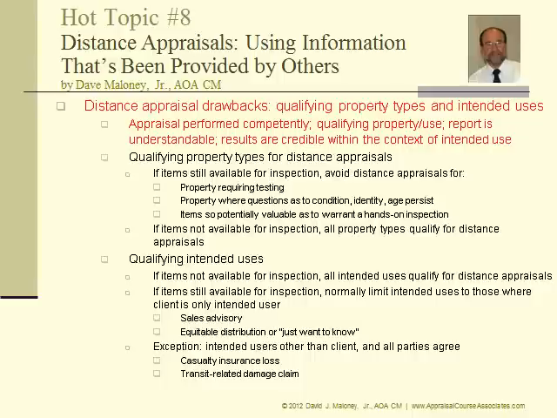to perform the distance appraisal assignment competently, that the property is a qualifying type which lends itself to being appraised without a personal inspection and is for a qualifying intended use, that the report contains sufficient information to be understandable, and that the results of the distance appraisal are credible in the context of intended use. In other words, while distance appraisals might work for many types of extant property, they are not suitable for all types of property. And while they might work for some intended uses, they are not suitable for all intended uses.